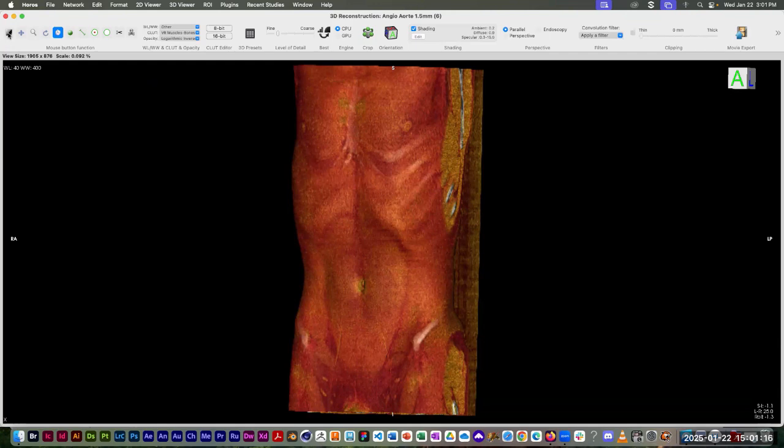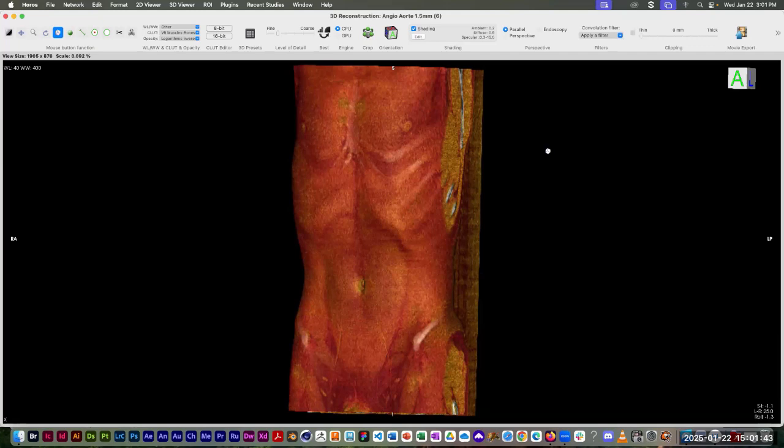But put it simply, this is a way of adjusting the transparency of different tissues based on the original shade of gray that they were in the CT or MRI study, in the original imaging study. I think I forgot to mention this with the surface model, but here in the volume model,